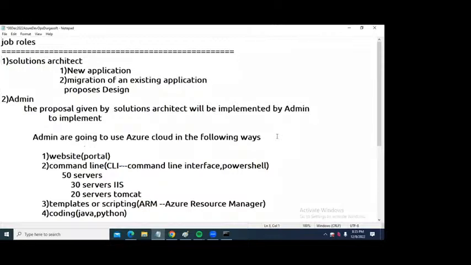What the solutions architect's responsibility is, what the admin's duty is. If the design given by the architect has to be implemented, then the admin is going to use Azure cloud in these 3 ways: website, command line, templates.